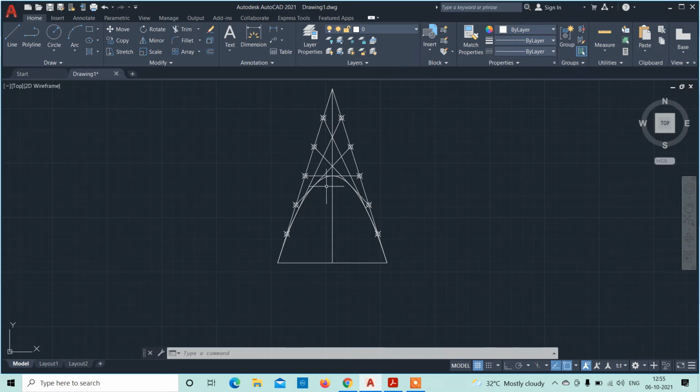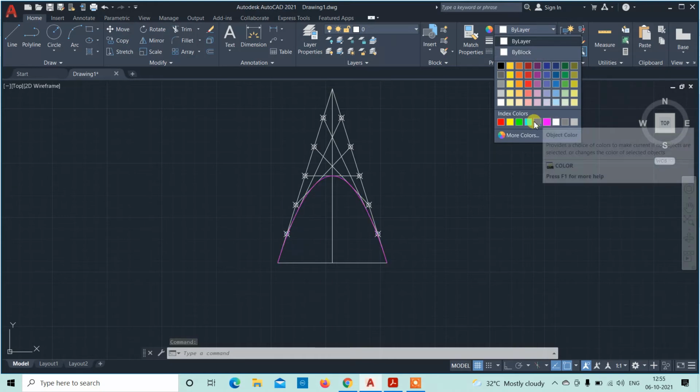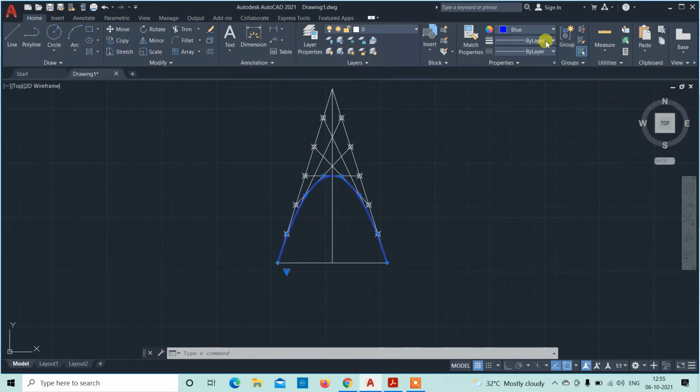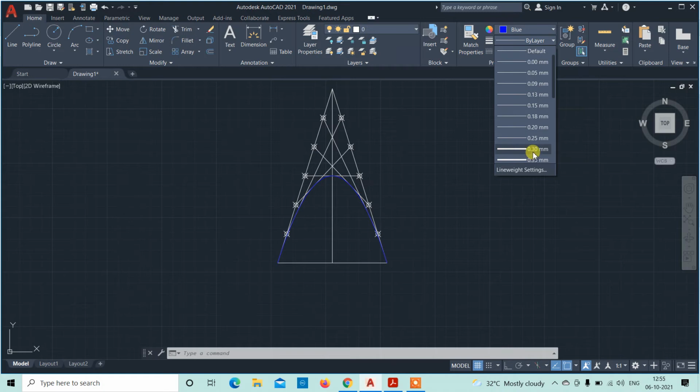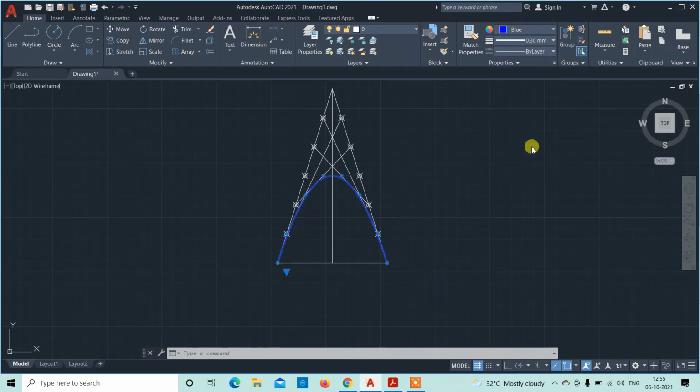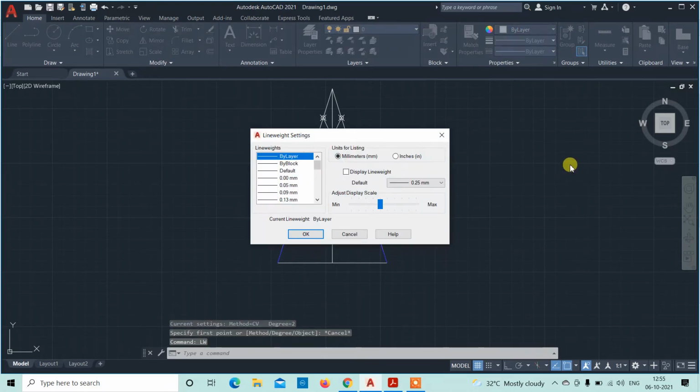Okay, so next what we do, we'll just change the size and change the color. Just select the color and we can click the size here. I'm giving it as 0.30. Then press enter. If it is not changing, type LW, select that. You'll get a box here.